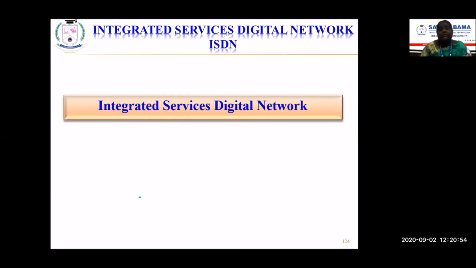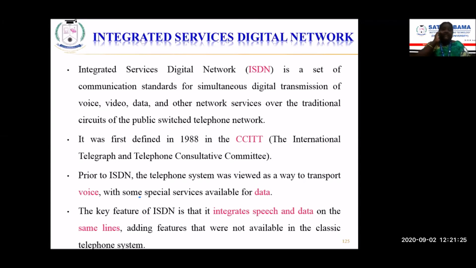Next we'll move on to ISDN, the Integrated Services Digital Network. Even though in recent days ISDN is not practically used, it is used at places where wireless LANs and other broadband connections are not working. It is a kind of backup support where the broadband connections are not working. In such scenarios, they will make use of ISDN services. So let us see in detail what is ISDN.